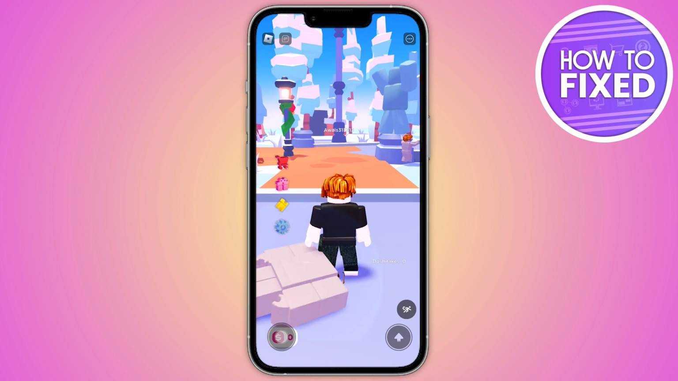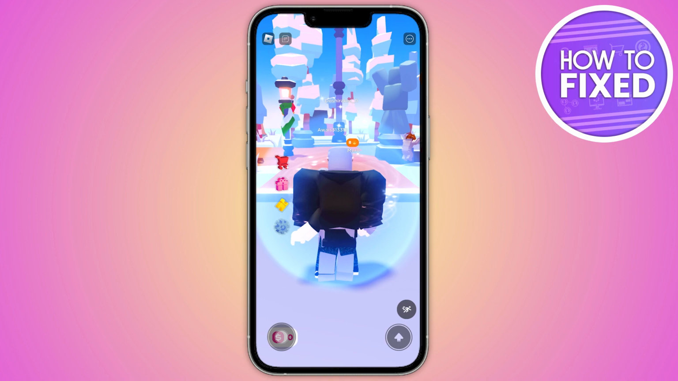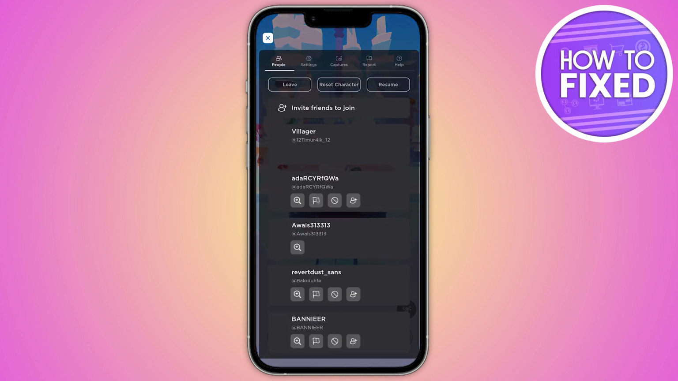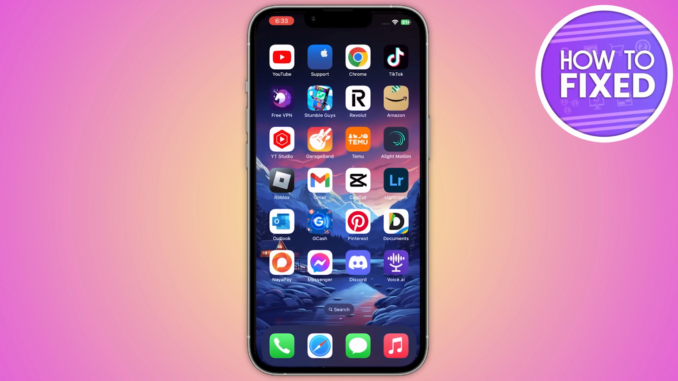So now once you are in the play settings, here you have to simply click on this Roblox icon that is in the top left corner, and from here you have to go in the settings. Now from here you have to go in its graphic quality, and here you have to make sure that you decrease the graphic quality because it may fix the Roblox keep crashing. And after that you just have to go back, and if it is still not fixed, there is the last